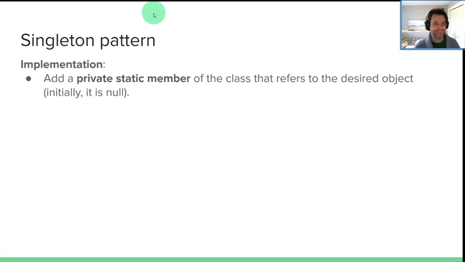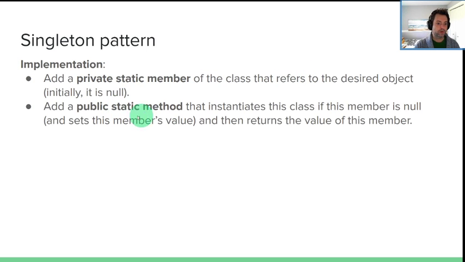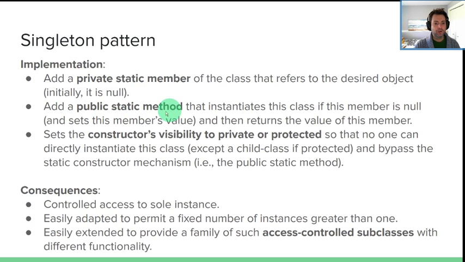All right, we're back. So how do we implement a singleton? That's the why of it. And again, all of these patterns are thinking about common problems and how do we solve them. The implementation's just the mechanics. That's the easy part. So we're going to add a private static member to reference the desired object. So initially it's going to be null. So let me pop all of these in. We are then going to add a public static method to instantiate the class if this private static member is null. If it is not null, or I guess after we instantiate it, we're going to return that member value.